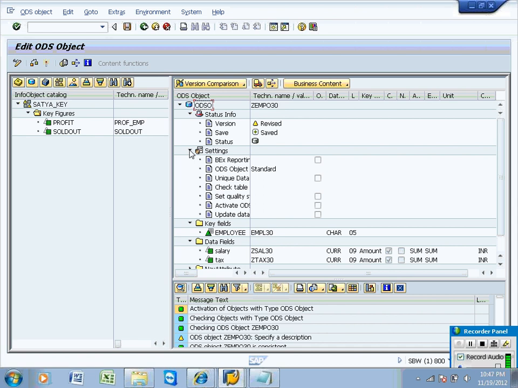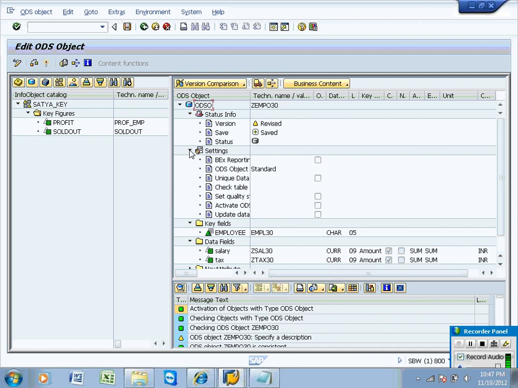If you want to get unique information in the ODS every time, then select this one. If you are planning to upload information again and again, like the same kind of upload, then don't check this one. If you want to make unique data, say you are going to upload employees 1 to 10 one day, 11 to 20 another day, and 21 to 30 another day, then check this one.